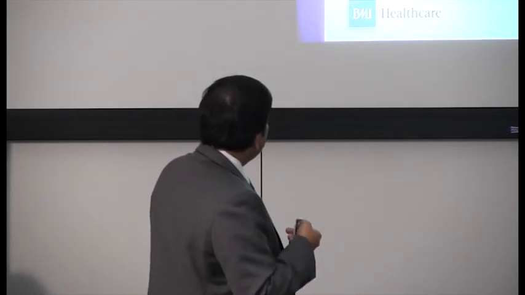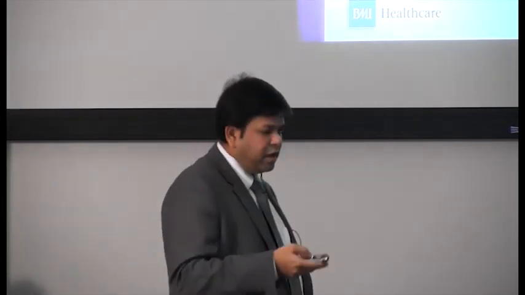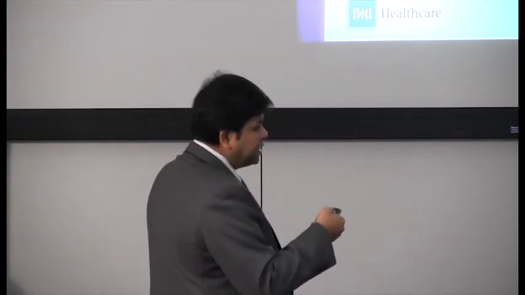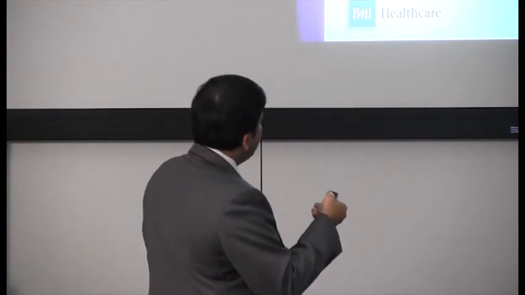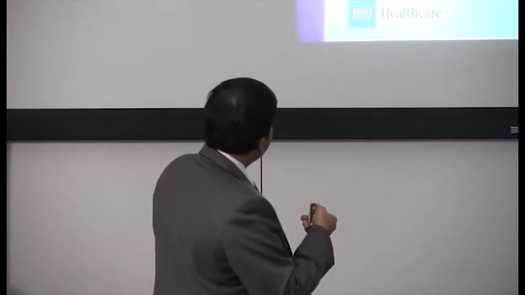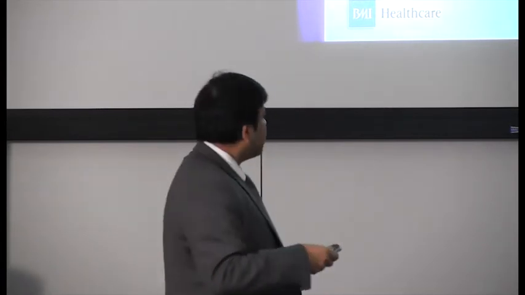And gabapentin has non-linear pharmacokinetics. It means that increasing the dose doesn't mean that the plasma concentration will be high, because the absorption is not that reliable. So only 66% is absorbed, whereas with pregabalin 90% is absorbed. And we know that gabapentin is cheap at low doses, but it can be expensive at higher doses. Like if you go more than, I think, 1.8 grams a day, I think they are equal priced.